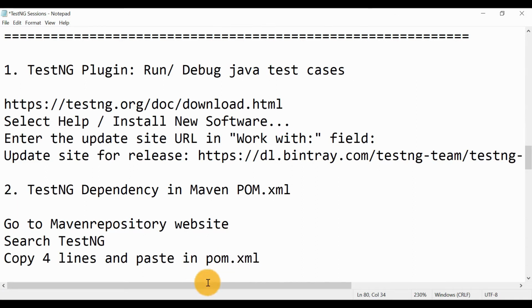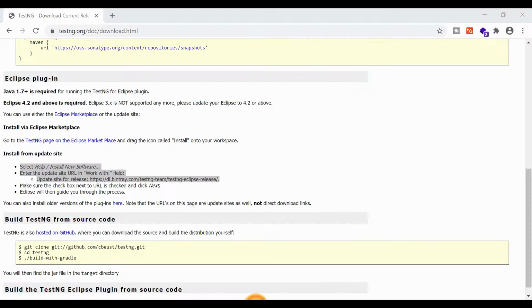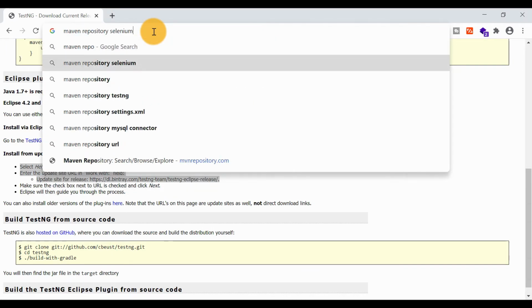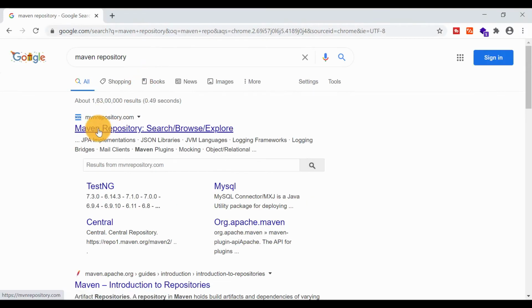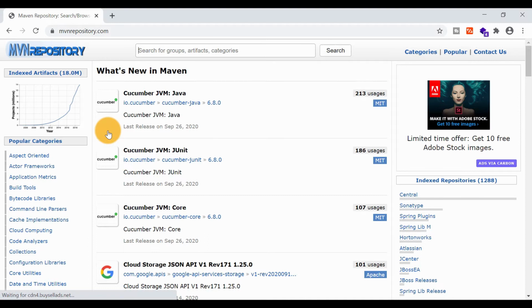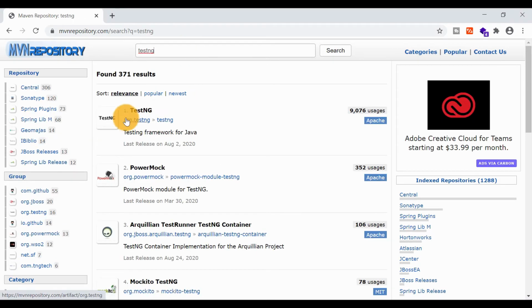So first let us go to the Maven repository website. Just write Maven repository. This is the official website where all the dependencies are available. In this search box just enter testng, hit enter, and it will show you org.testng.